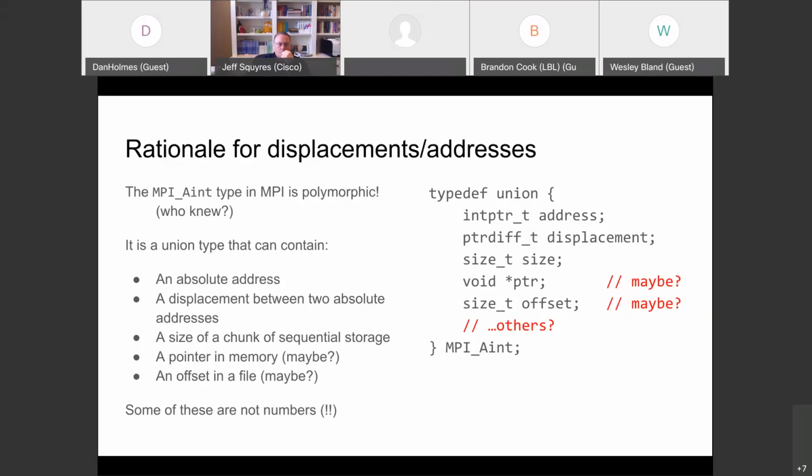For example, if you create a data type, you don't know what the base address is that's going to be used with that data type, and so MPI doesn't know whether the Aint values you've given are displacements or absolute addresses. It doesn't know that until you actually send using that data type, and then your buffer address tells MPI how to interpret what was given to the data type when it was created.